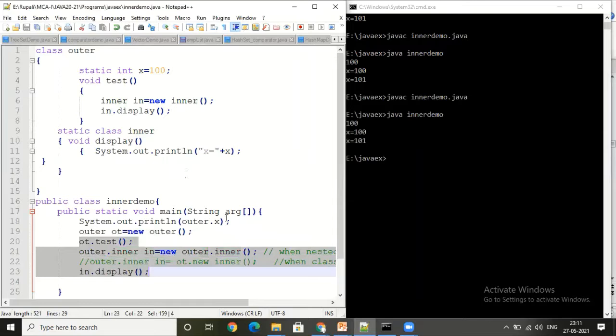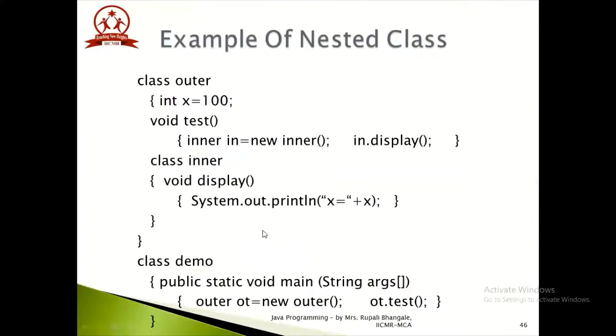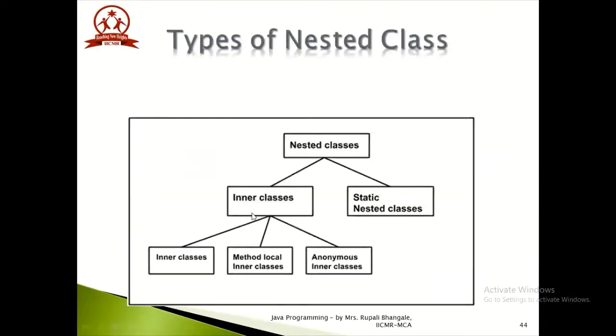So that is what your nested classes are. We just now saw how these normal inner classes and the static nested classes work and display in the particular situation.